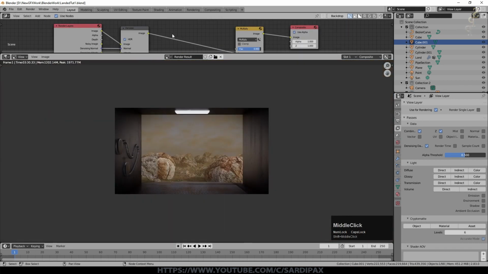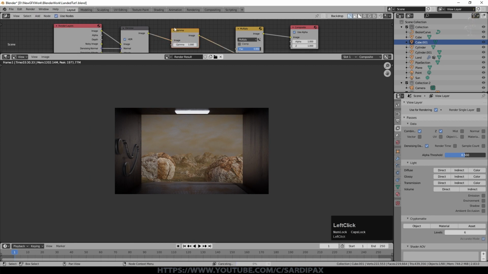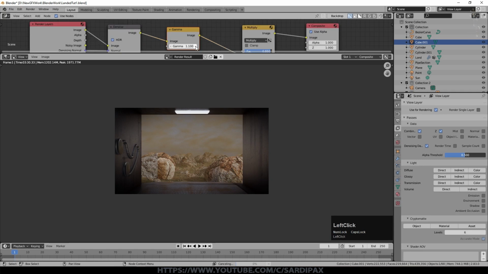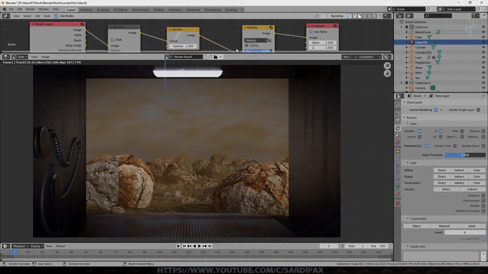And one last thing I did was I just added under color a gamma node. That'll depend on your lighting setup and so on, in order to just sort of darken the scene a little bit. So put it up a couple of clicks there. It has to redo the filters when you do that, but you can see the colors have become stronger and the overall scene is a little bit more interesting.